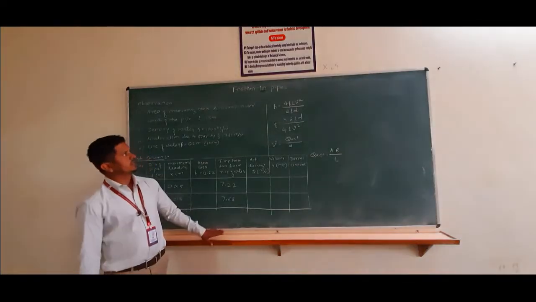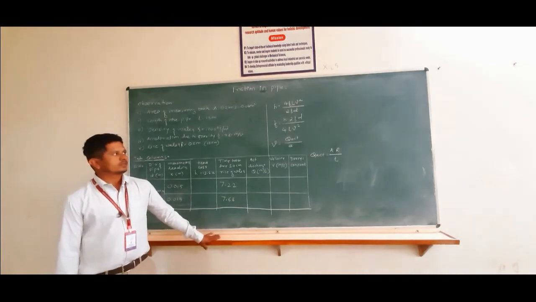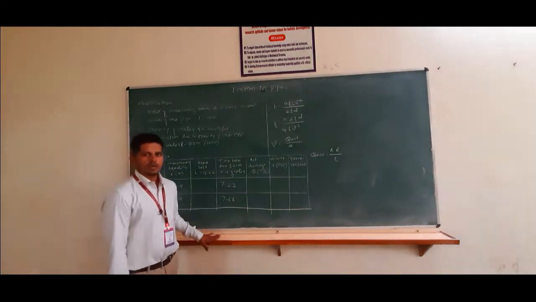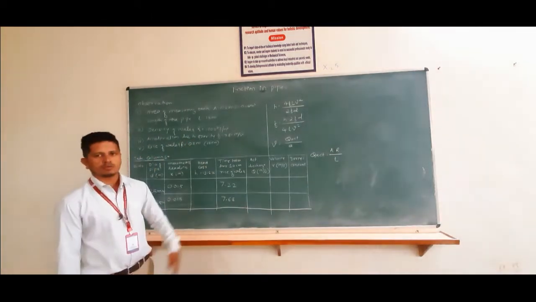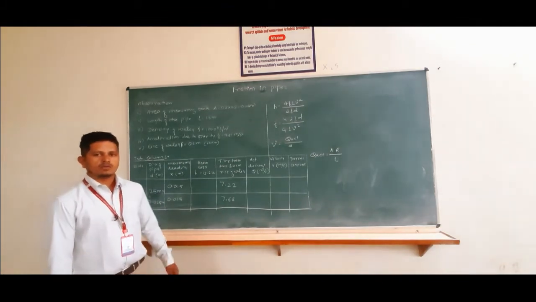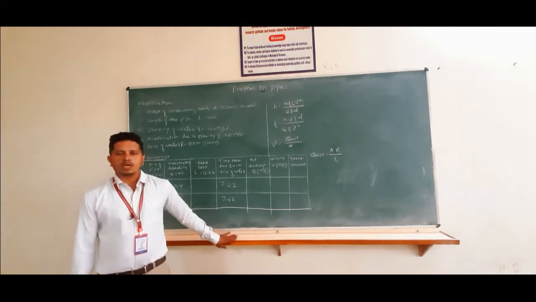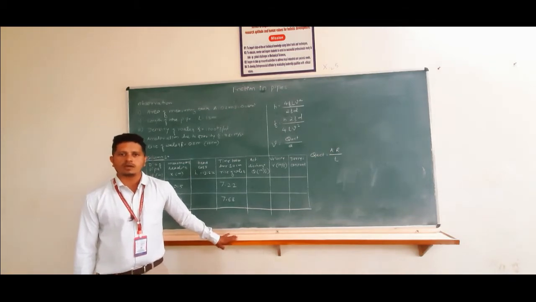So today we will see the calculation part of the friction in pipe. In last video we have seen how to do the experimental work. So we have the setup of equations what we have taken from the friction in pipe. So when you consider the friction in pipe, we will be having 2 types of losses. One is the friction due to the major losses, and the friction due to the minor losses.